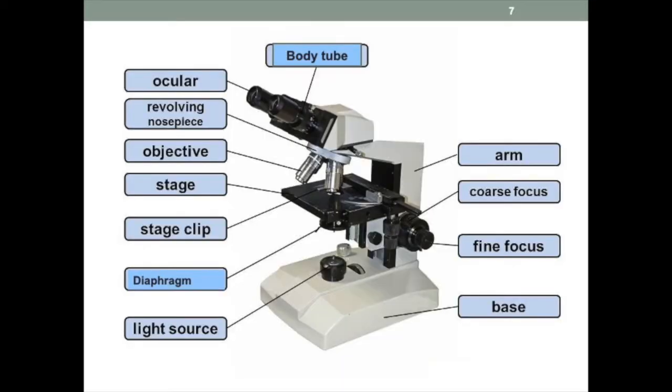Which is another thing that you should never do. Never start with the highest objective lens, right? You always want to start with the lowest objective lens. So we have 3, sometimes 4 different objective lenses, right? You have the 4 times or what's called the scanning objective lens. It's usually red. We have the 10 times, what's called the low power objective lens. We have the high power, or 40 times objective lens, and we have sometimes the 100 times, but we don't